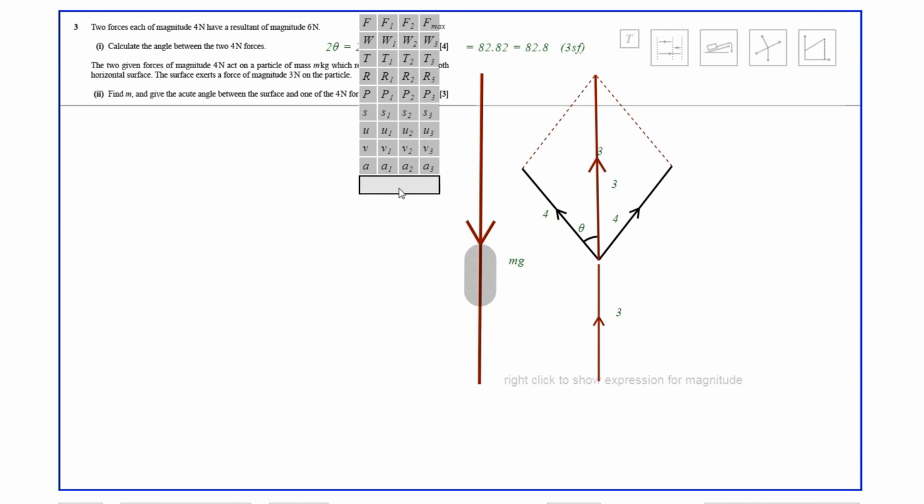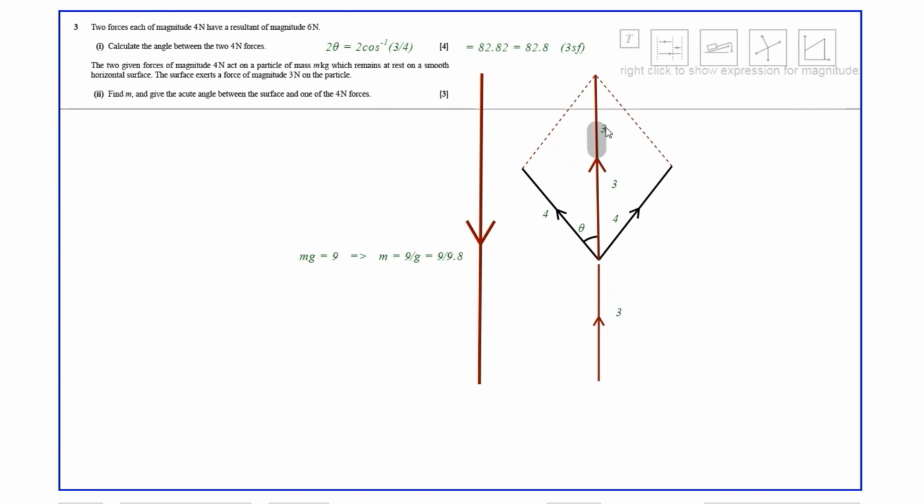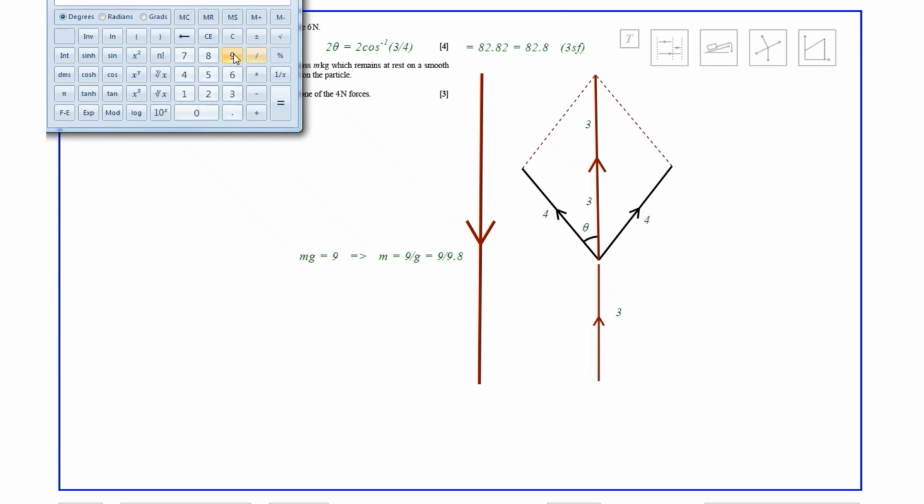And we can see that mg must be 9, and therefore m must be 9 over g, or 9 over 9.8. Let's find out what that is. Right, after fixing a few of these labels. So 9 over 9.8, 0.9184,